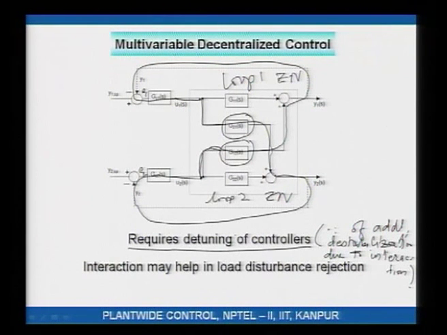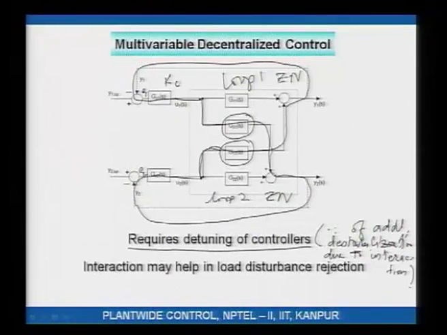Now, because of the interaction, what you would find is that if I implement those tunings, my whole control system would either be unstable or would continue to oscillate, or the oscillations would take a very long time to die down. This is what the feedback due to these interaction terms would do. Okay. And in order to suppress those oscillations, in order to back off from the verge of instability, you can't use Ziegler-Nichols settings, you will have to reduce the Kc in this PI controller and the Kc in this PI controller. Okay. So, detuning becomes necessary.